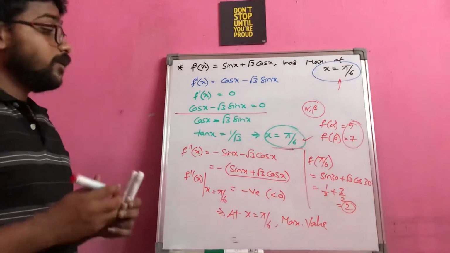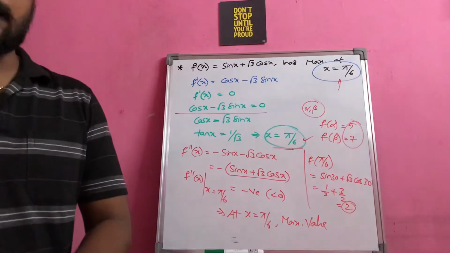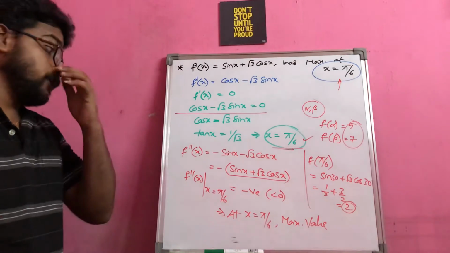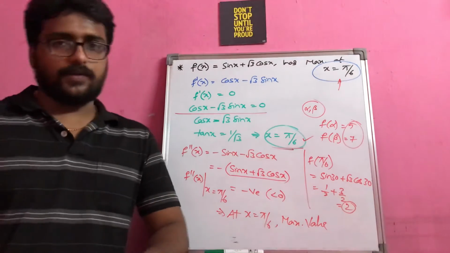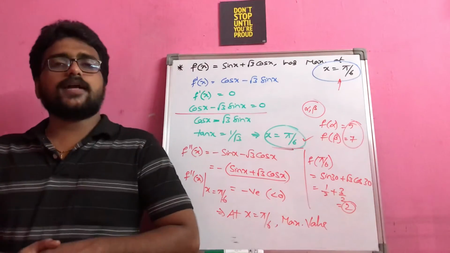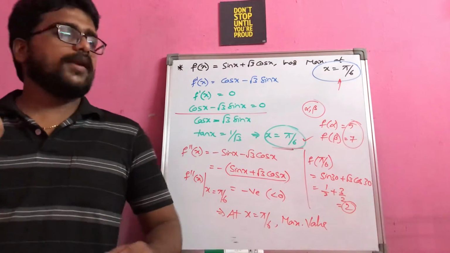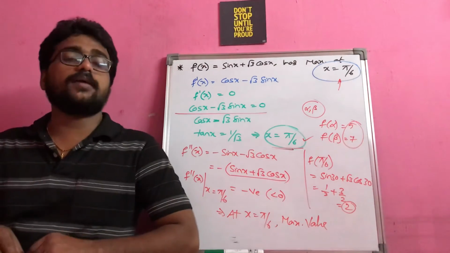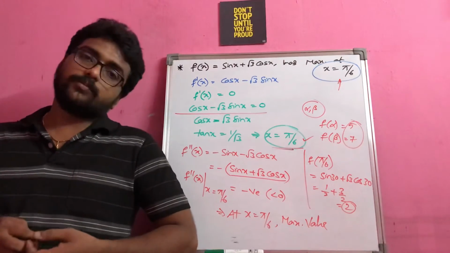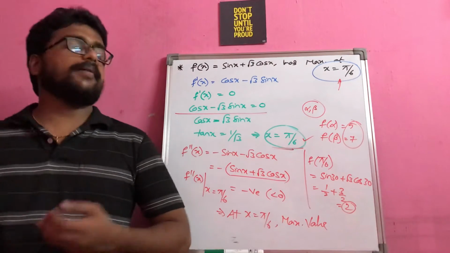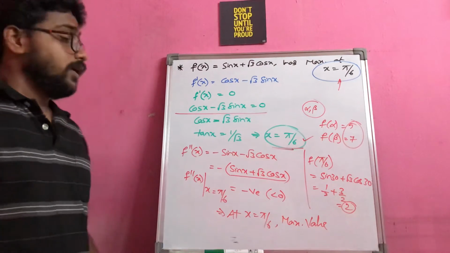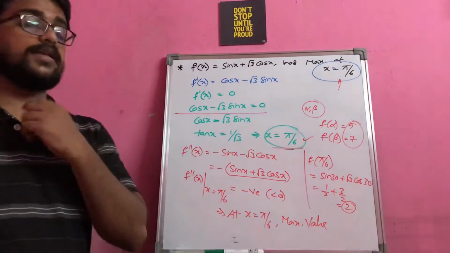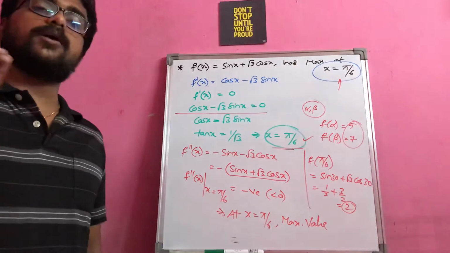Right? That's it. So the point you have to understand here is the common doubt that students will have in maximum minimum: why are we going for the second order derivative test? Simple thing, when you are getting only a single root like this, I cannot come to any conclusion whether I am going to get the minimum or maximum value. For that sake only I am going to find the value of the second order derivative, and from there I will come to a conclusion whether at that particular point I am getting maximum or minimum.